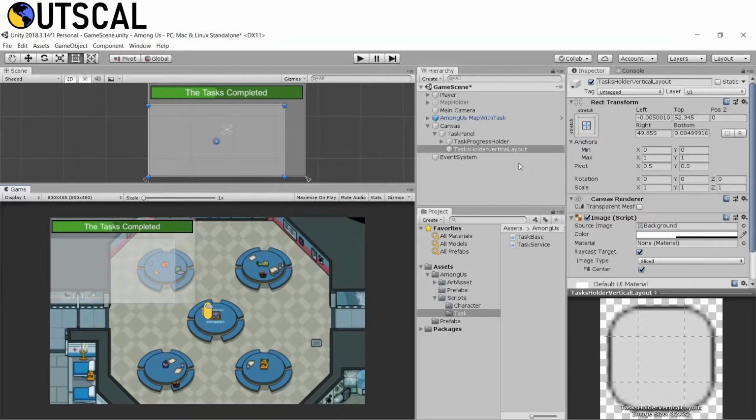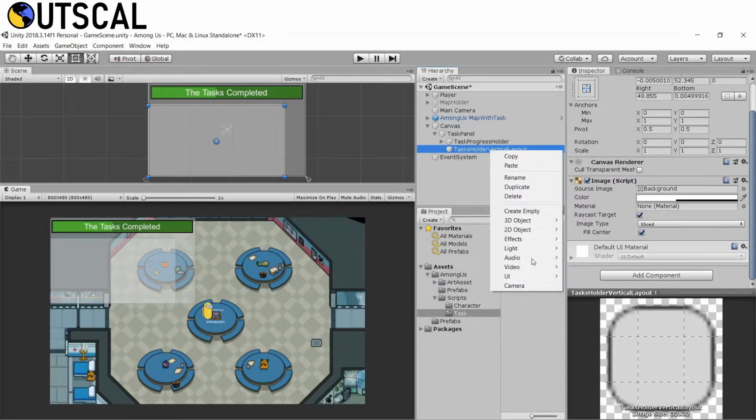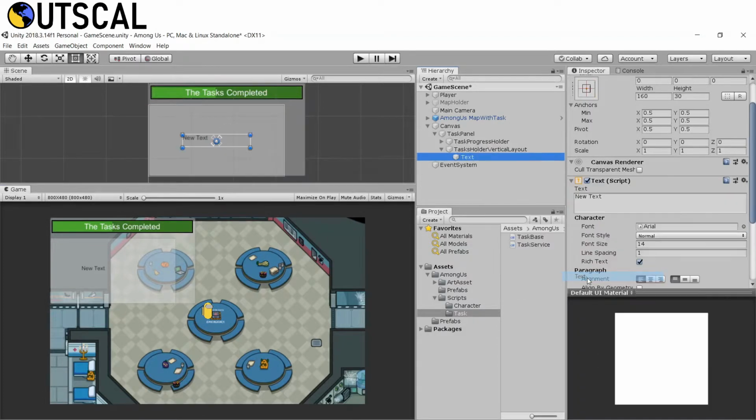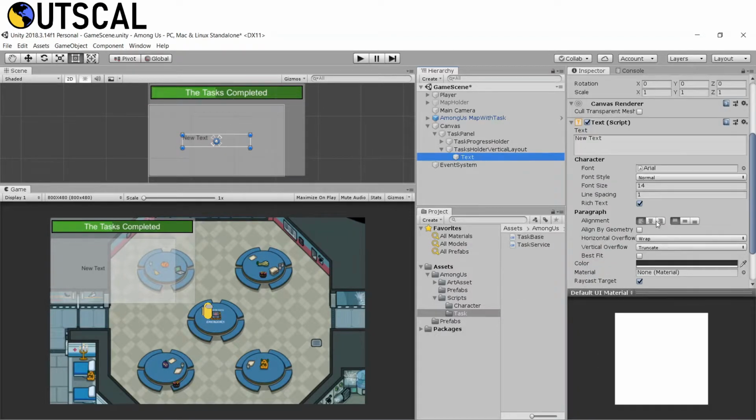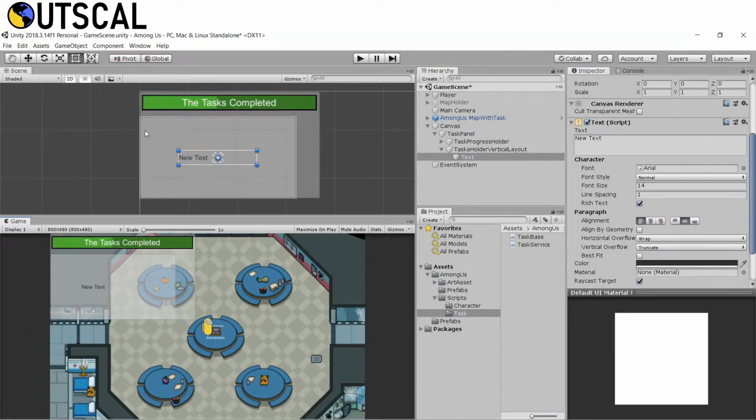And we will create a text object. We will align it in the center only on this x-axis, basically not on y-axis, because we want to make sure our task starts from the left side and goes to the right side.